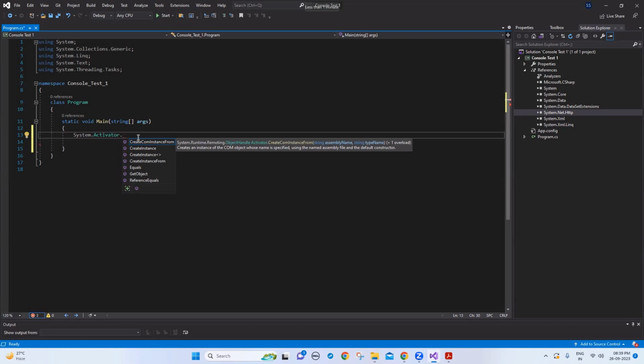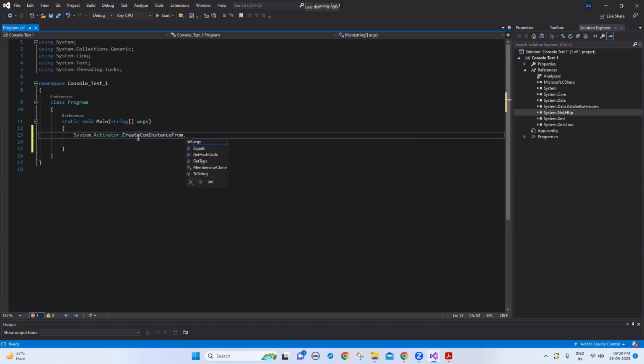So Activator is also a parent. It also has child items. So these are the child items of Activator. Click on tab and check again whether these have child items or not. You check by clicking on dot. Yes, this also has members. So this way you can deep dig into its child items. So here you can see System.Data.DataSetExtensions. If something is there in DataSetExtensions, then you can again put a dot and